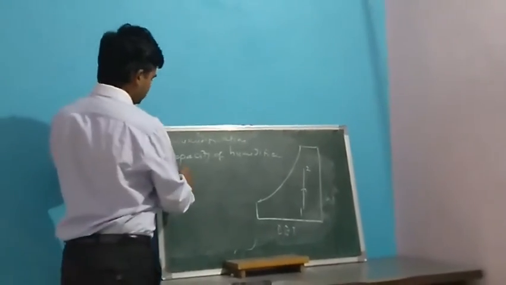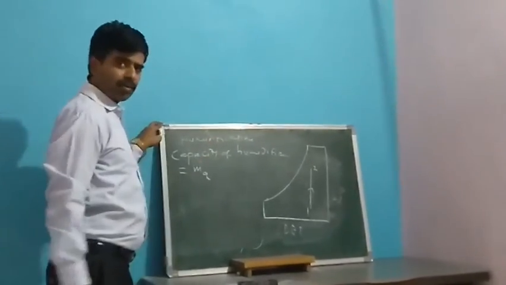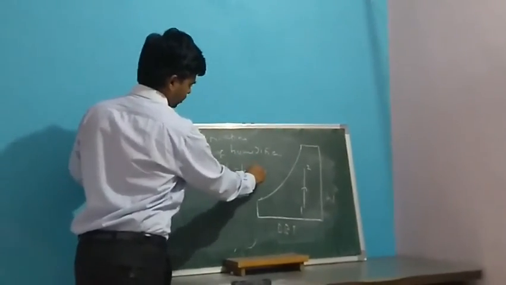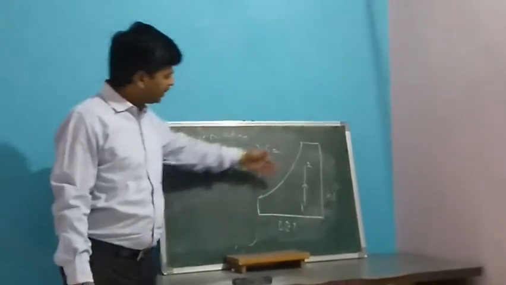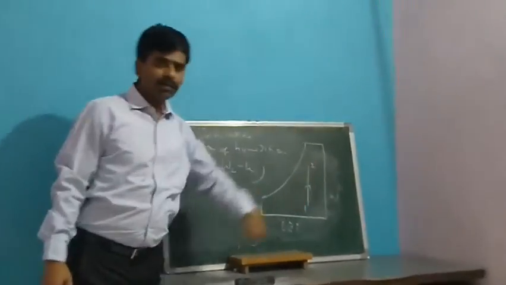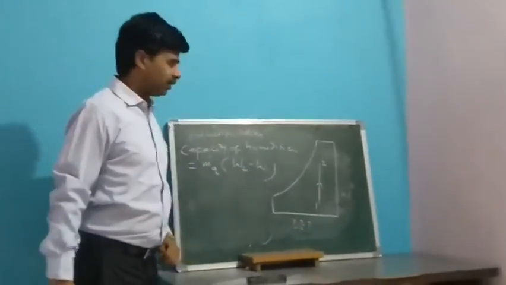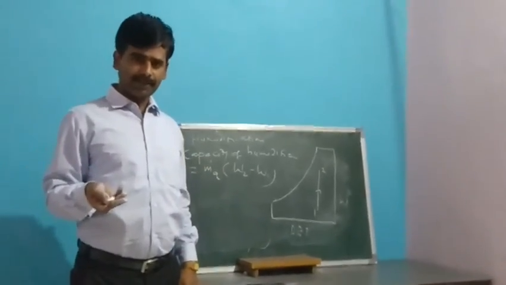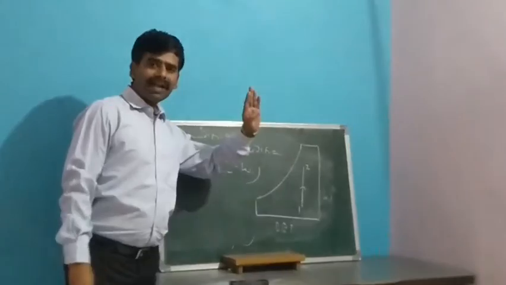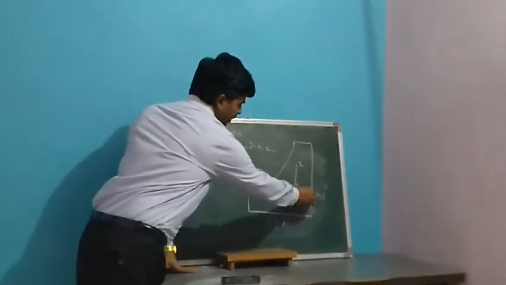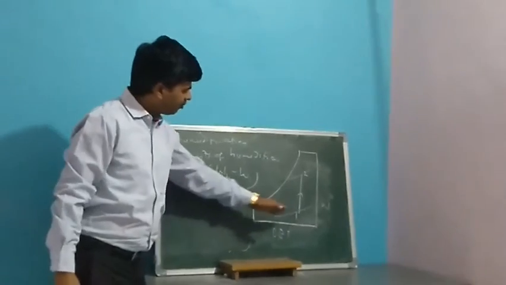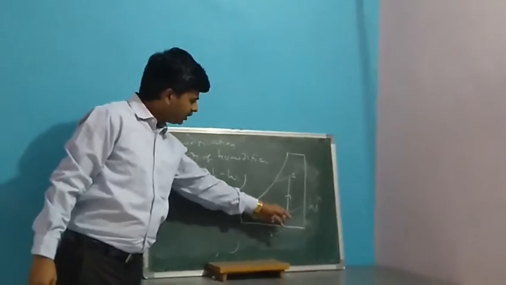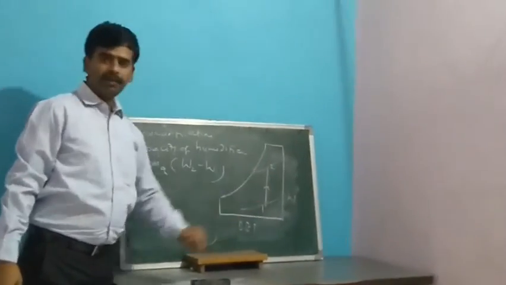So that is basically determined by the mass flow rate of air, m dot A, multiplied by W2 minus W1. So W2 is the specific humidity corresponding to 2 and W1 is the specific humidity corresponding to 1. In this case, we are basically adding water vapor or moisture to the air, without affecting the dry bulb temperature. In this process, relative humidity is also increasing from phi1 to phi2. WBT is also increasing from TW1 to TW2.